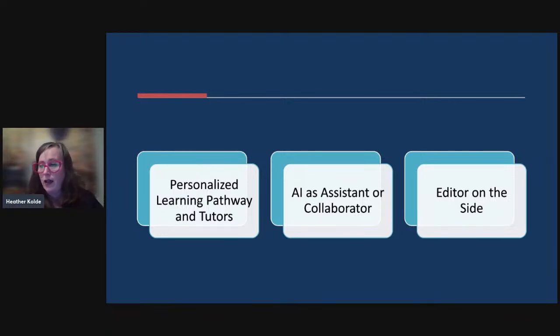Other things that are rapidly coming, and what is already here and rapidly arriving, are AI generated personal learning pathways. I just think it's so exciting to think about the equity that it has the potential to provide for students. We'll continue to see those tools grow, but hopefully they'll become more affordable as well. I know in my school, we have personalized learning pathways put out by iReady, which is a great product, but it's very, very expensive.